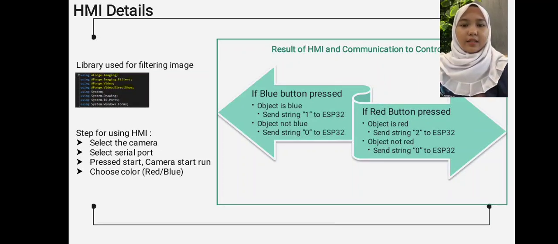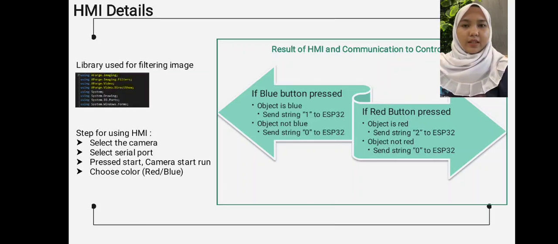This is the step for using the HMI. First, select the camera, then select the serial port, then press the start button, the camera starts running, and then choose the color, red or blue. And then the result of the HMI and communication to the controller: if the blue button is pressed and the object is blue, the UI sends string 1 to the ESP32.